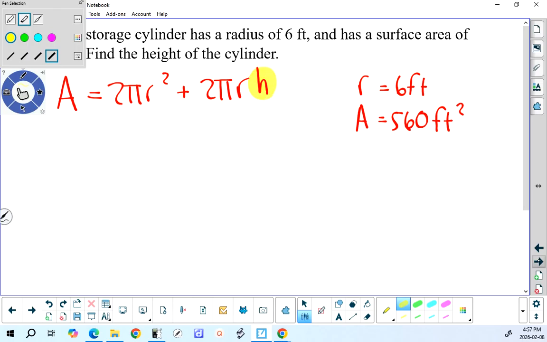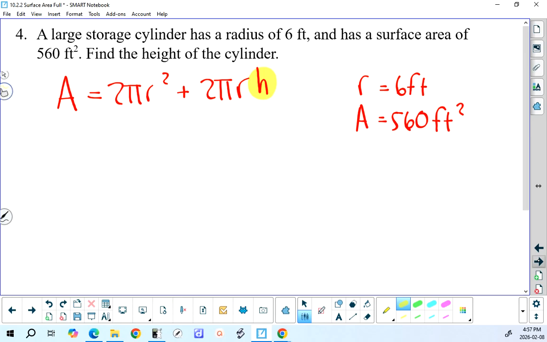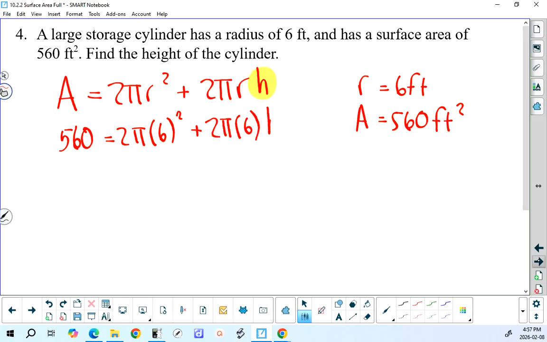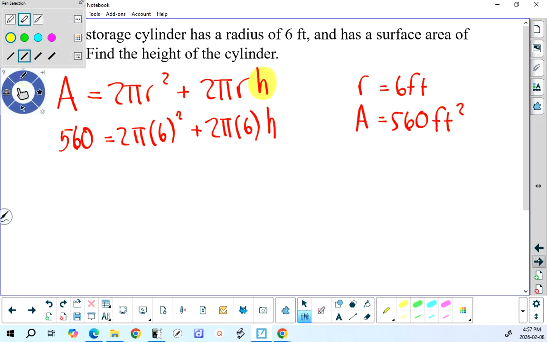These questions can be very difficult if you don't follow the steps. First step, there's your formula. Second step, put the numbers in. 560 equals 2 times pi times 6 squared plus 2 times pi times 6 times h. Every place I saw an r,